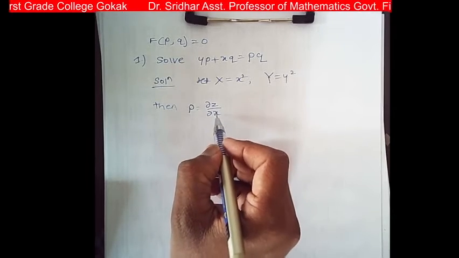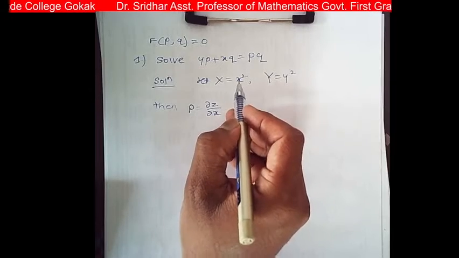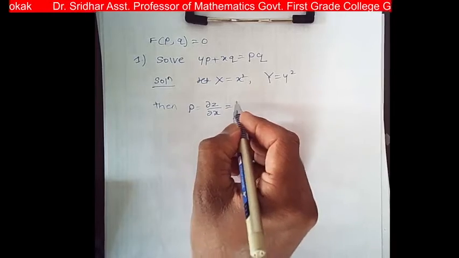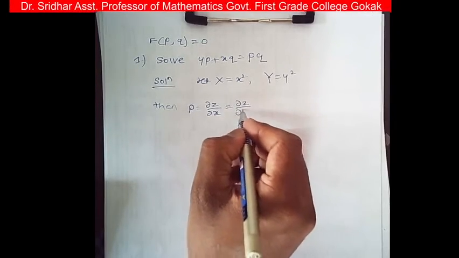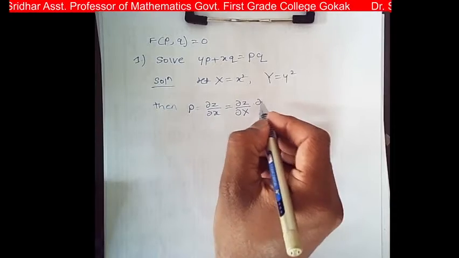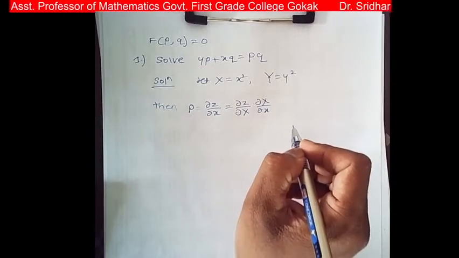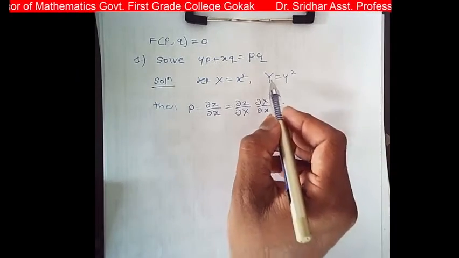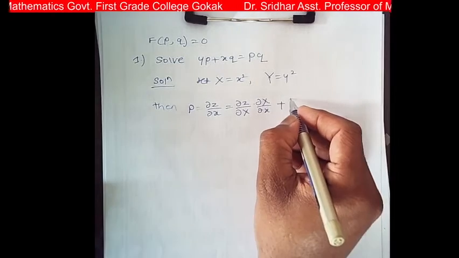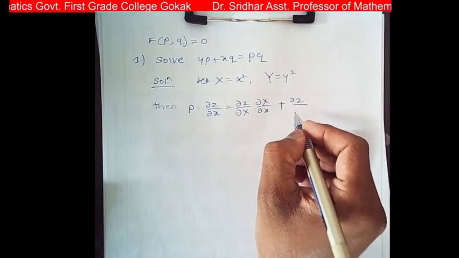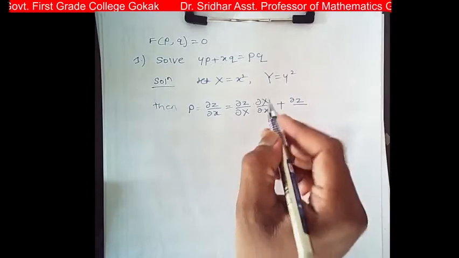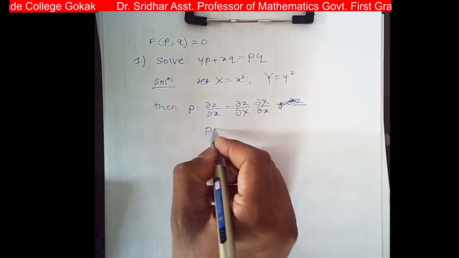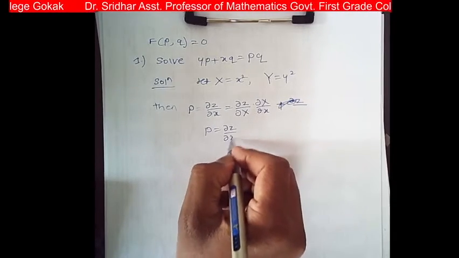While differentiating with respect to small x, this small x is a function of capital X. Therefore we first differentiate z with capital X and then capital X with respect to small x. Then z is also a function of y, so we write dou z by dou y by dou x. Okay, only this one. So p is equal to dou z by dou x is equal to